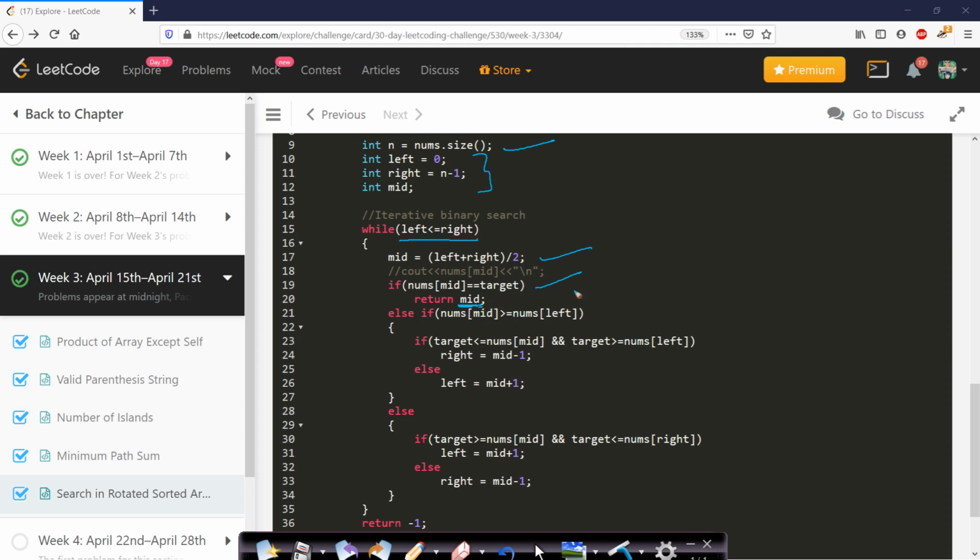Otherwise, if the element is not found, then we will check if the left half has a uniformly increasing curve. So if nums[mid] is greater than or equal to nums[left], this indicates that the middle element is greater than the left element, and so we can say that this is a strictly increasing graph. If it is, then we will again check if the target element is present within this left to mid range. If it is present, then we will update the right pointer and search for the element